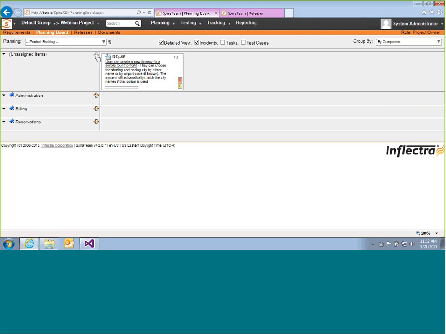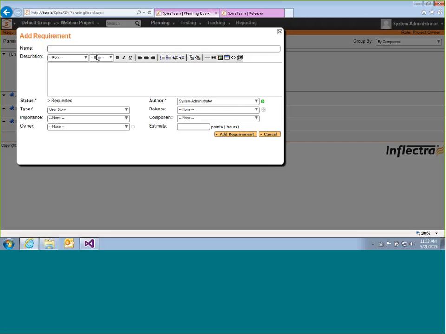I'm going to create a second user story for a multi-city flight. So let me choose the option to add. This brings up this new add requirement screen. In this, you can enter as much information as you wish and leave the fields that are not required blank. So let me add a user story: user needs to be able to create or define a multi-city